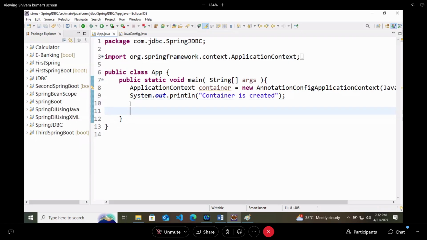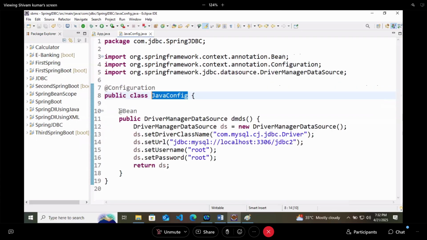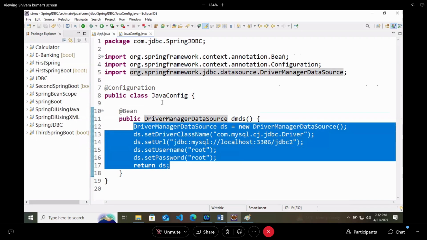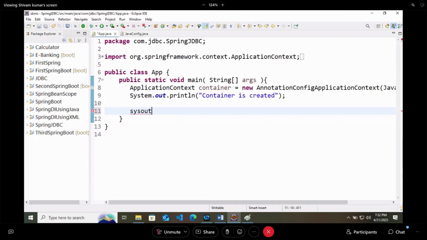After that, I will check the connection with the database. As our container is having one bean, and this bean is creating a connection with the database, let's try to print this. I will say container.getBean, and in this bean I will try to write the name dmds. I'm not creating an object of anything.